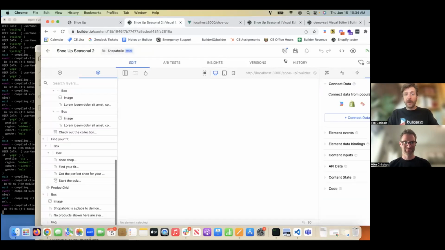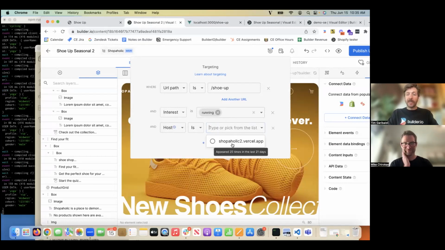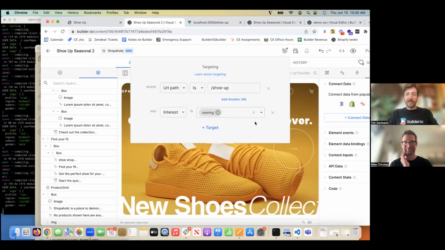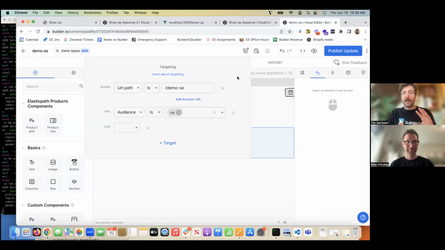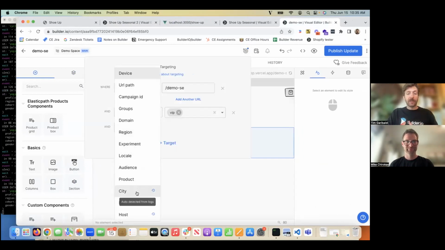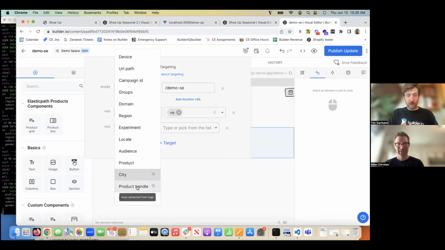So now if we go here and add targeting, you'll see these that have this little clock. This is saying that it's auto detected from logs, and it's going to populate it with some features. Now, this is a space that we just built for this demo, and so it hasn't populated these user attributes. It's a cron job that runs every day or something like that, so they aren't in real time. But once you start passing them, and as you start demoing them and developing them, they will start showing up. So you can see here we have one that's capturing the cities from different users, or maybe product handles